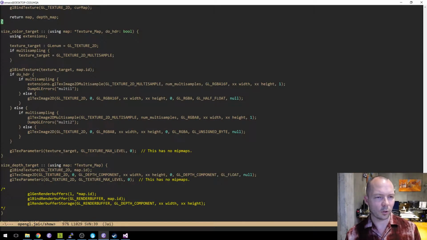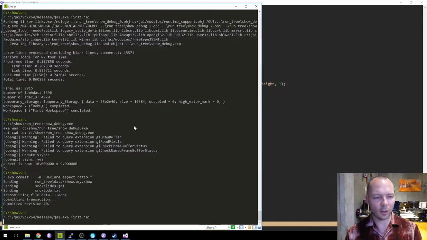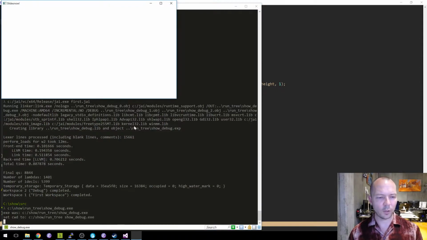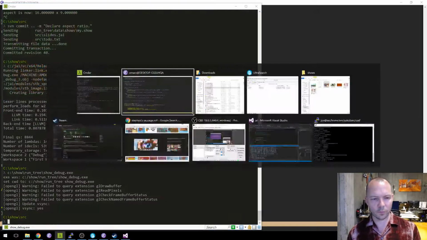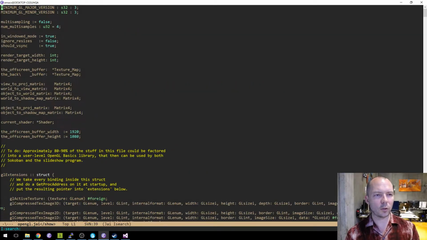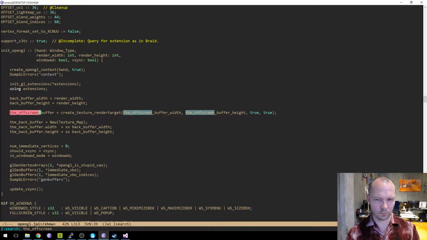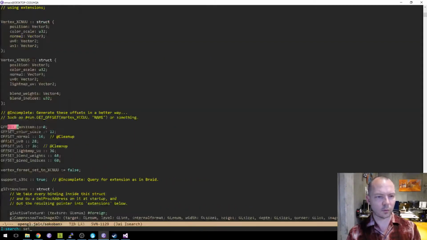I mean, meh, it looks kind of okay. All right, well, we created a thing called the off-screen buffer, right? We're not actually using it. So we have to do that.